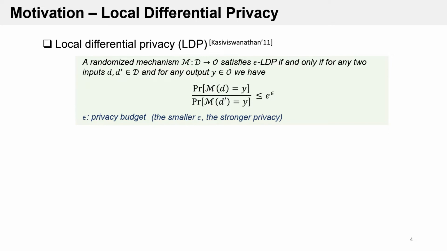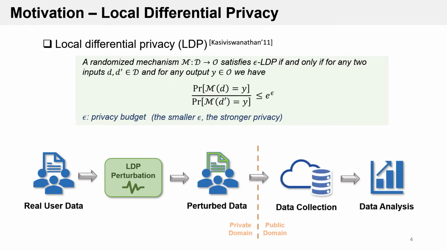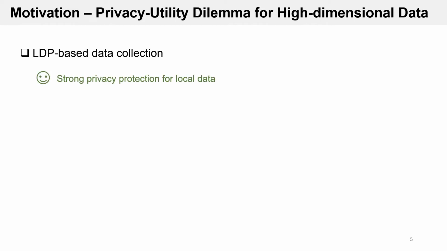In the data collection scenario, applying LDP perturbation on the local side ensures that the server cannot infer the real user data from the perturbed results, hence achieving strict privacy guarantees. Although LDP provides strong privacy protection for local data, existing algorithms are not applicable to collecting high-dimensional data. The increase of attributes will not only result in a higher computational complexity, but also a significant decrease in data